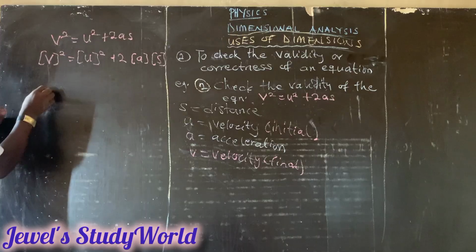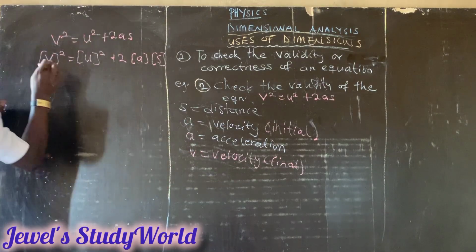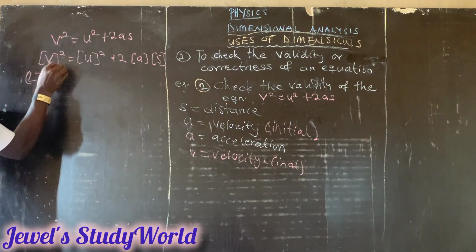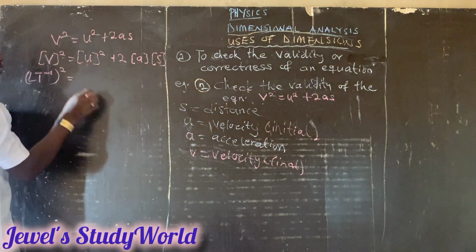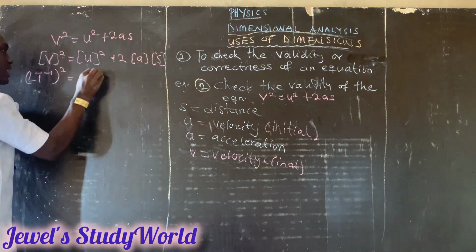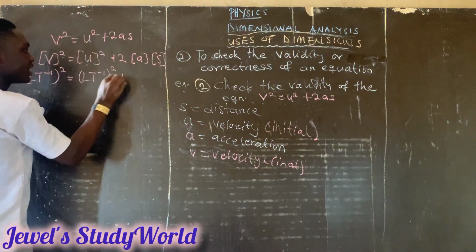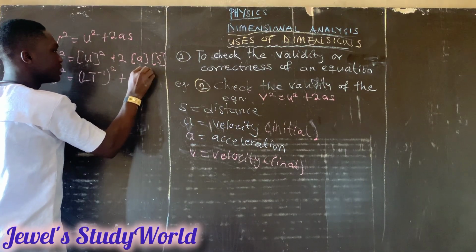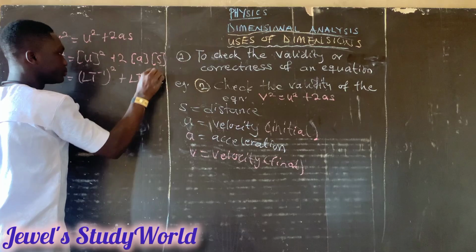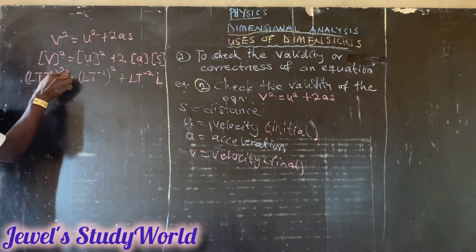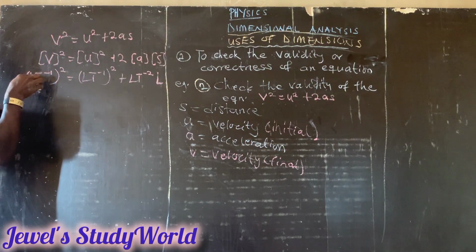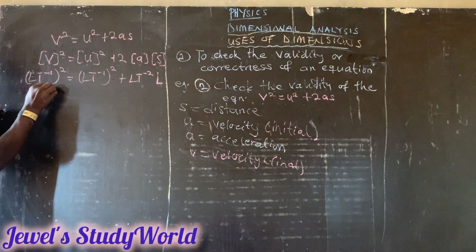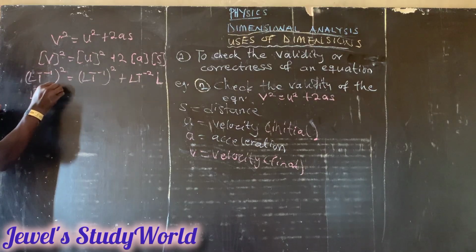So the v is velocity, and the dimension of velocity is LT negative 1, and it is squared. So here too u is also velocity, so you have LT negative 1, it is also squared. The 2 is eliminated, so you have a to be acceleration, and it is LT negative 2, and s is distance, so you have L. So now here the 2 affects L and T, so the L is power 1. So 1 times 2 gives us 2. So you have L2, then here you have T, then negative 1 times 2 gives us negative 2, to be equal to,